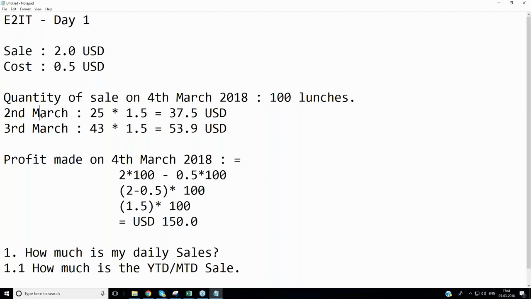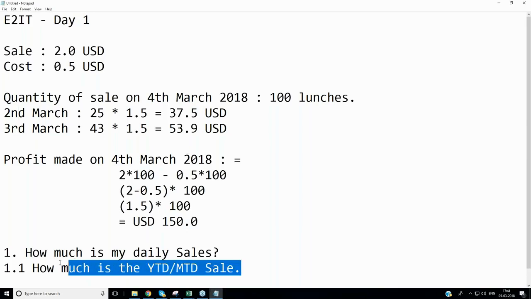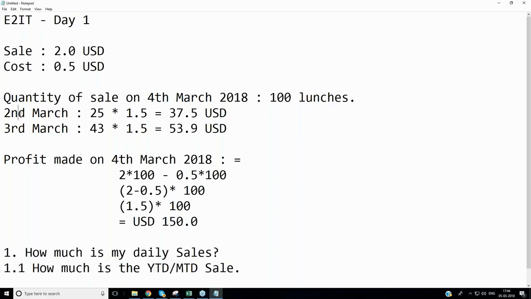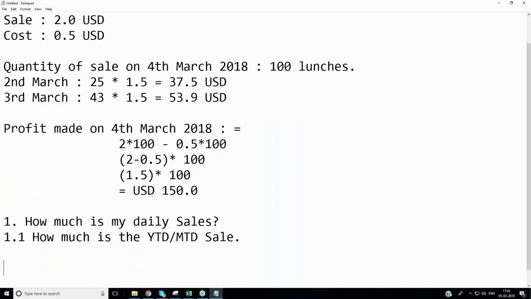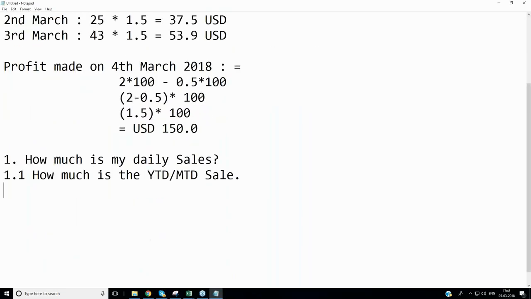On 1st of March, there's no sale. 2nd, 3rd, and 4th are the only sale. How much is the year to date or month to date sale? Second, this much. Third, this much. This much. While you're all doing, I will show you the process of doing it. How do we do it, team?